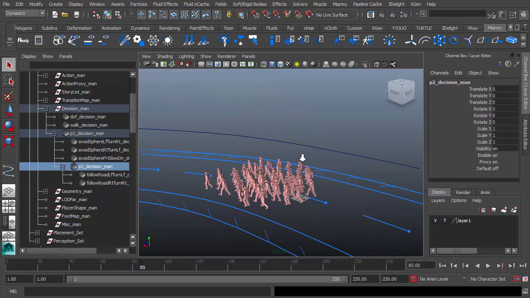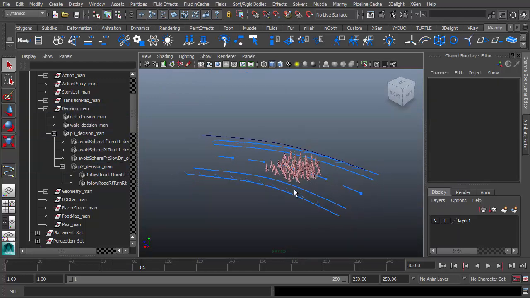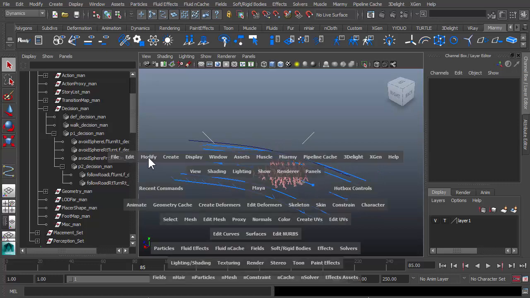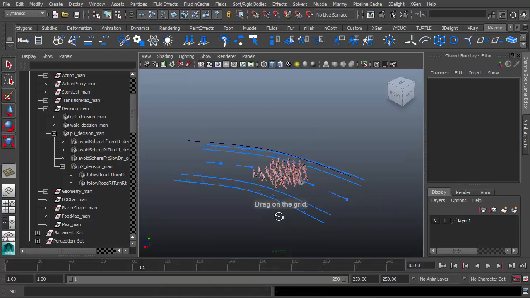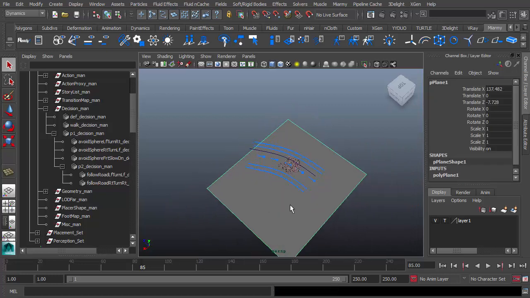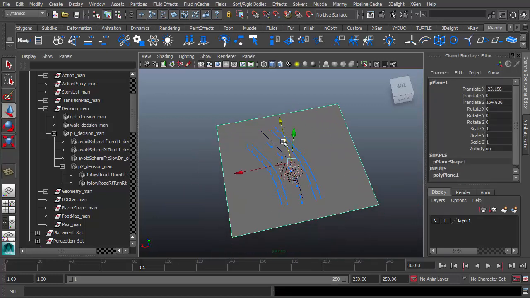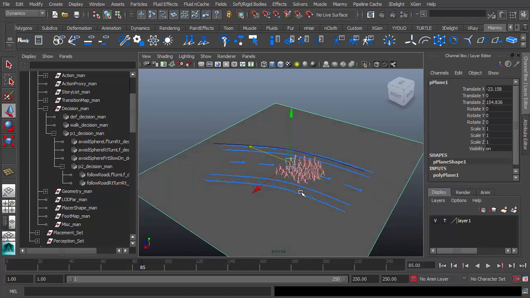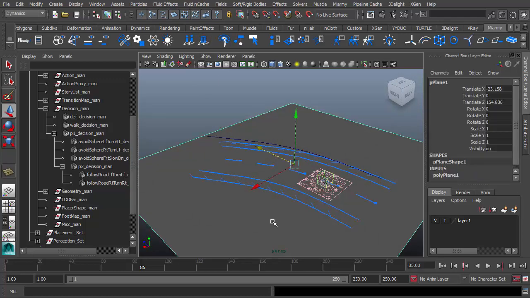Everything is correct, and you can see that at this time we can create a platform on which we can make our simulation in the local transformation space. Let's create it as a plane like this. Just imagine that this is kind of a battleship or a spacecraft. Now our agent will simulate inside of this space. Let's deplace our agent, and